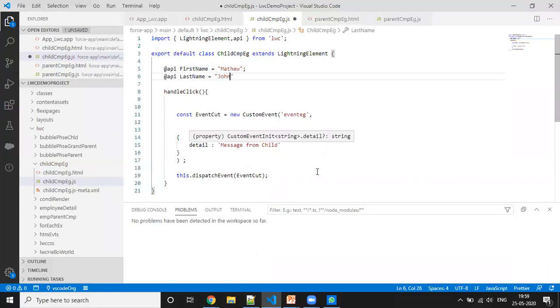What if I want to pass these values from here to our parent?